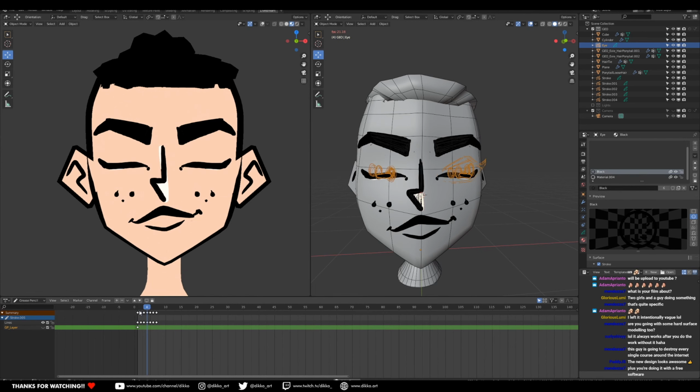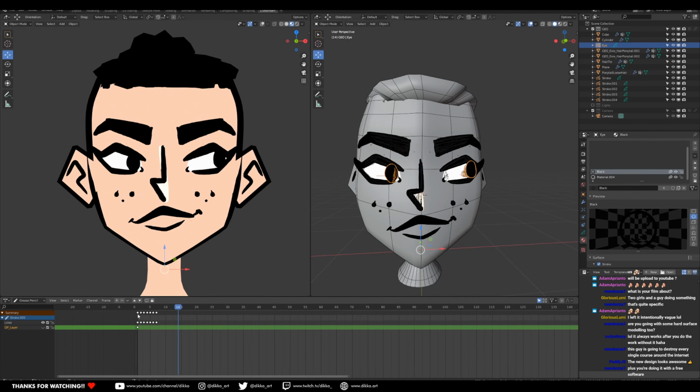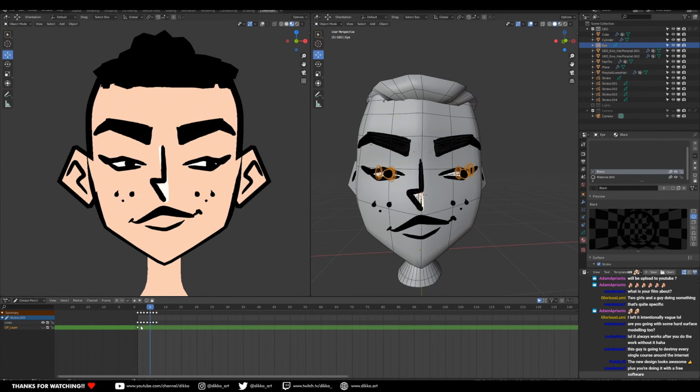I want to do the same thing with the mouth. So I want to get a slight change in expression in her mouth. And I might do the same with the eyebrows as well. So what I'm trying to do is just blocking in my ideas. And I want to do some squash and stretch as well. So we're going to do some very basic rigging. I'm going to rig the head with a bit of a head turn and add in some squash and